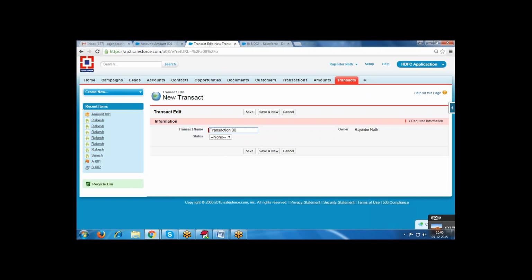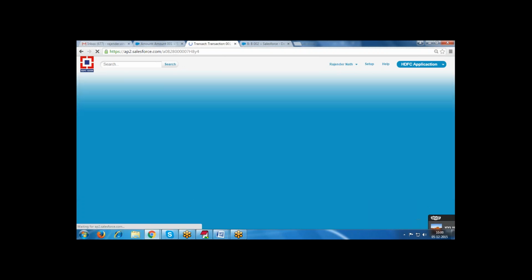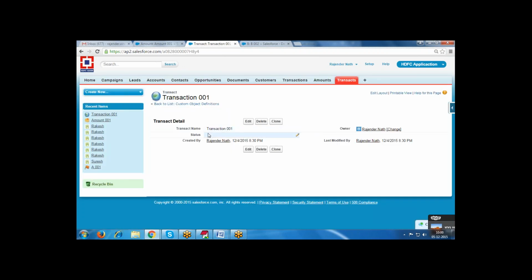Transaction 001. The status is empty, so automatically it should be approved and active. I want to change these two fields, so for this we are creating master detail and lookup relations.